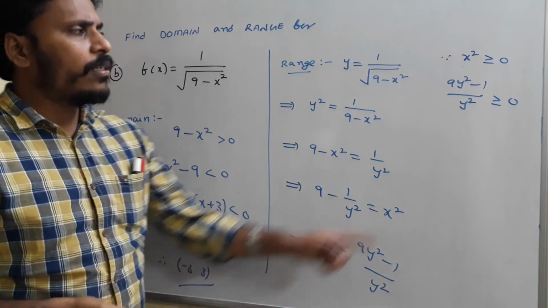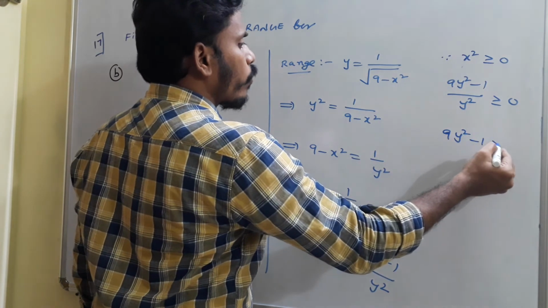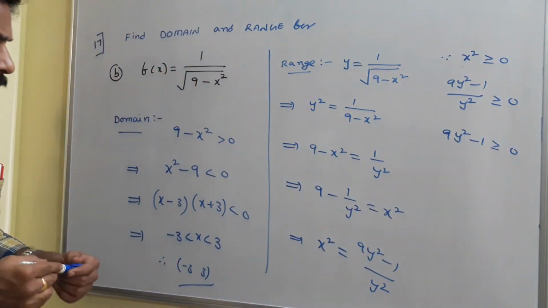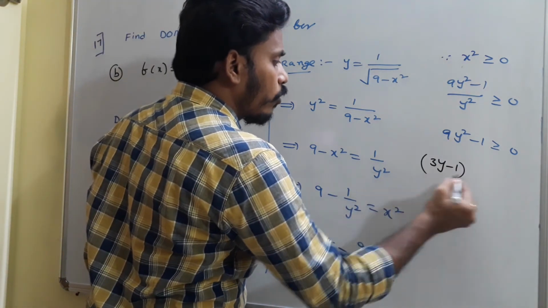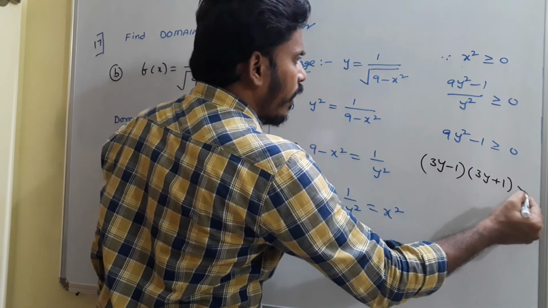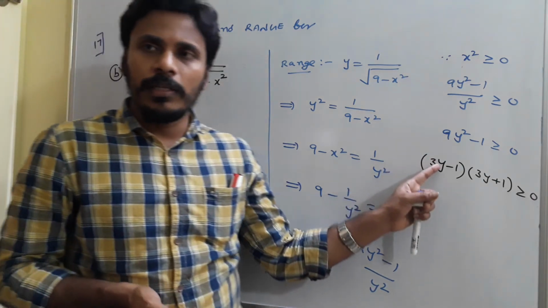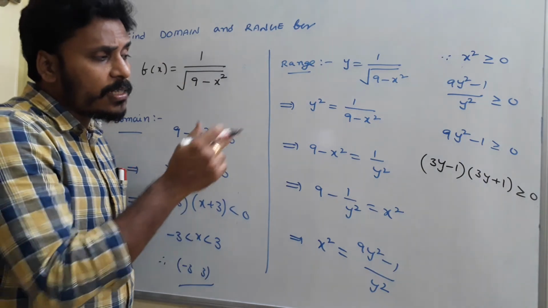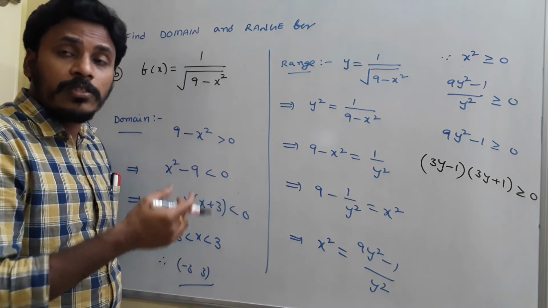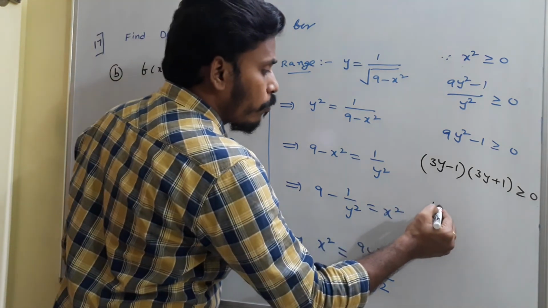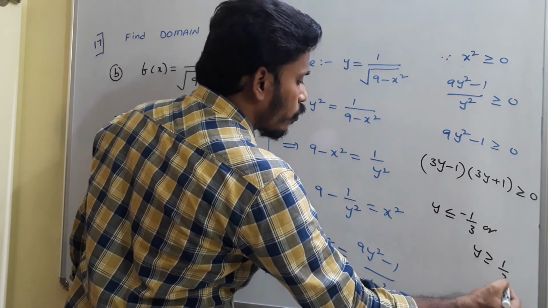Yeah, it is very clear. The denominator y square is positive, so send that side. You are left with 9y square minus 1 greater than or equal to 0. And again 9y square minus 1. When you factorize it, this is 3y minus 1 into 3y plus 1 greater than or equal to 0. And we know that one root from this expression is 1 by 3 and the other one is minus 1 by 3, and it is greater than or equal to 0, and that's why the resultant answers of y are either side of the roots. So we need to mark y less than or equal to minus 1 by 3 or y greater than or equal to 1 by 3.